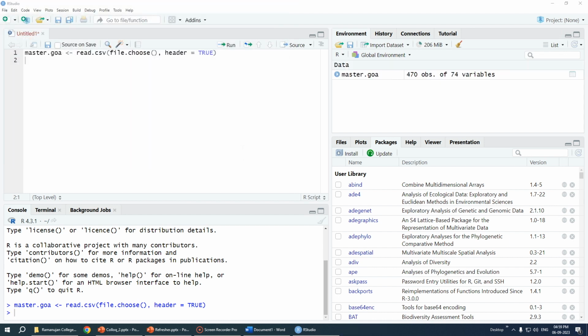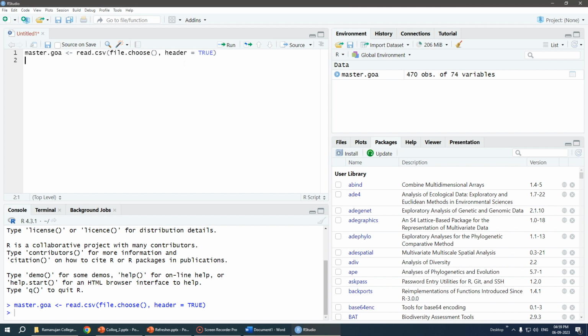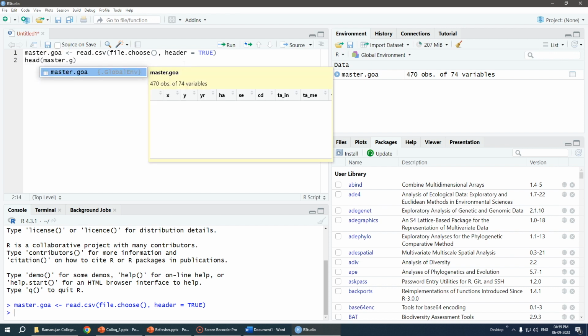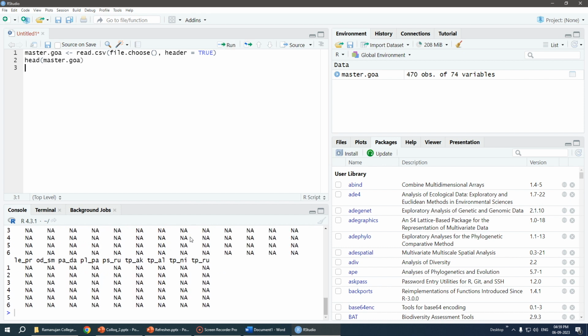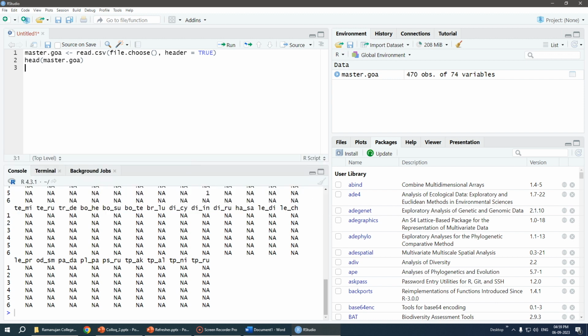So the minute I have opened this, you can see that at the right hand side in the global environment, the file has opened. You can see it's master.goa. There are 470 observations. There are 74 variables. If you want to check what are the different heads or headers in this, you can say head(master.goa). So I can just click this, and when I run this,